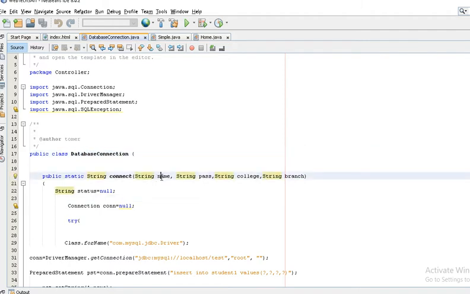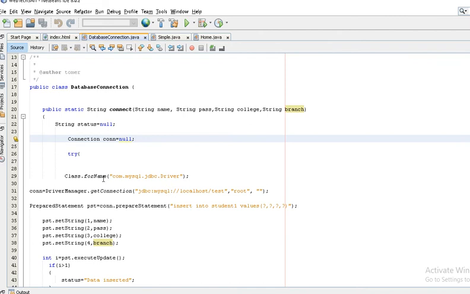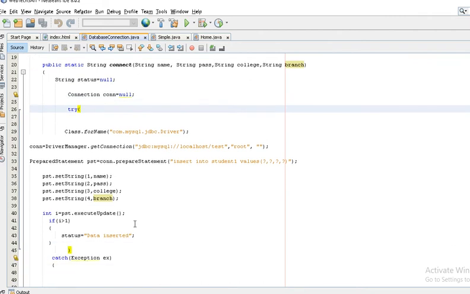I'm taking four parameters, just like we created in the form in the index.html file. The same number of fields are there, and the types are also the same. This is the database connection code.